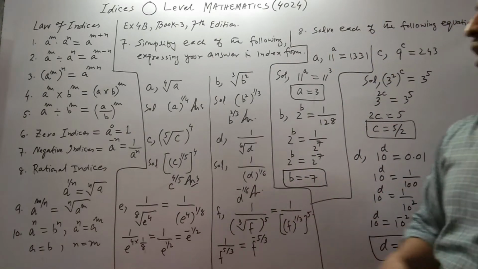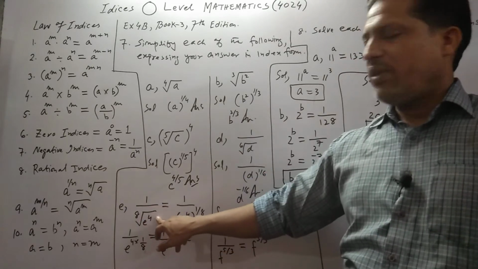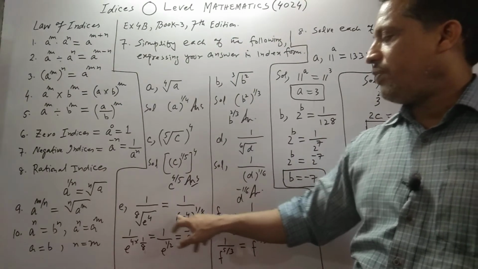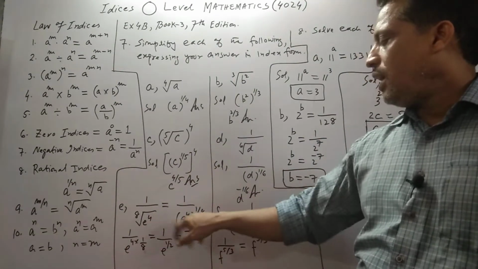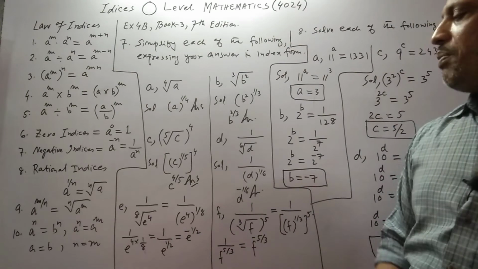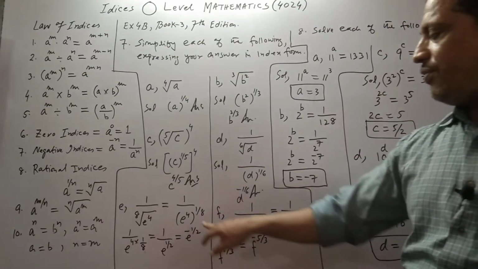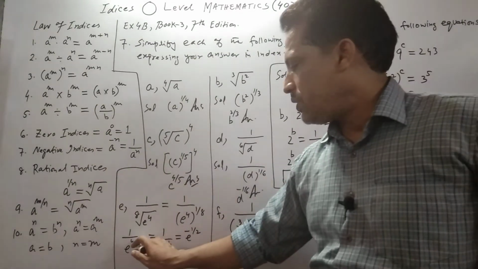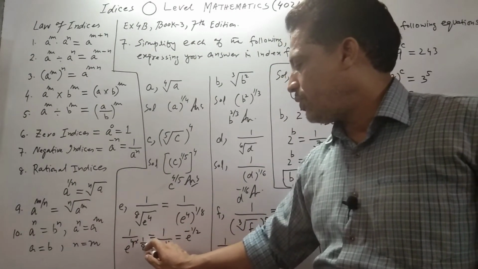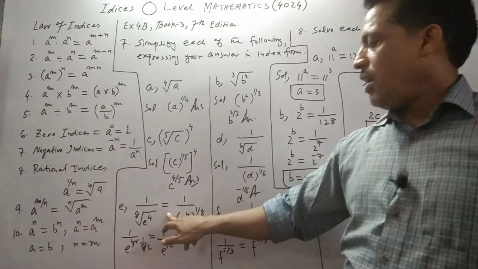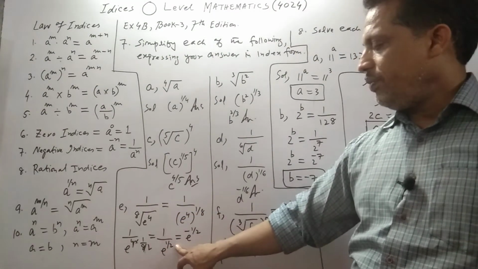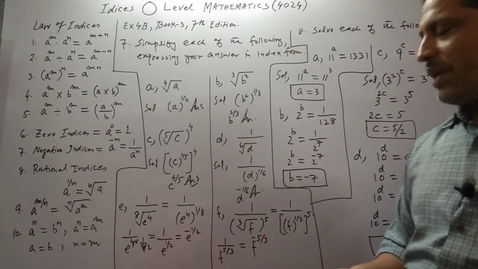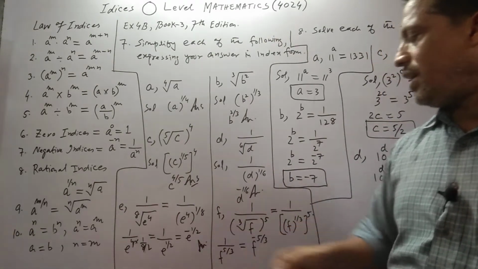Come to part E, 1 upon radicand e to the power 4 with index 8. It becomes 1 upon e to the power 4. If you remove the radical sign, it will become 1 upon 8. Power to the power is always multiply. 4 ones are 4. It will become 4 into 1 upon 8. If you cancel, 4 ones are 4, 4 eights are 8, it will become 1 upon e to the power 1 upon 2. Move e to the power 1 upon 2 to become numerator. You will get e to the power minus 1 upon 2. This is our final answer.